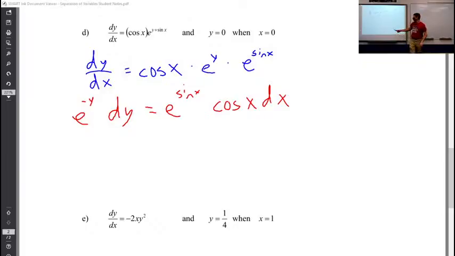Because you'll notice that there's a y up in this exponent. It's still going to be up in that exponent when we do antiderivative, which let's do that next. Antiderivative of e to the negative y is e to the negative y. But since it was negative, to undo the chain rule that is going to happen, we'll put a negative out in front. Negative e to the negative y